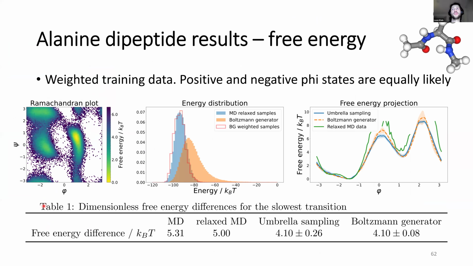If you're familiar with the Ramachandran plot on the left, usually this negative phi state is much more likely than the positive one. But what we did was weight this positive phi state, which is much rarer, such that its probability is the same as for the negative phi state, and then trained the model on this. And of course, the model generates the biased distribution,